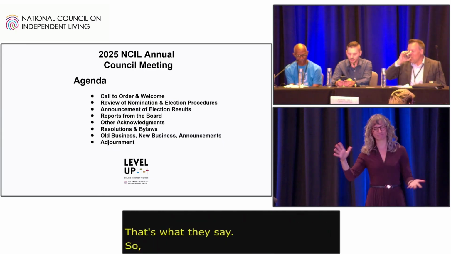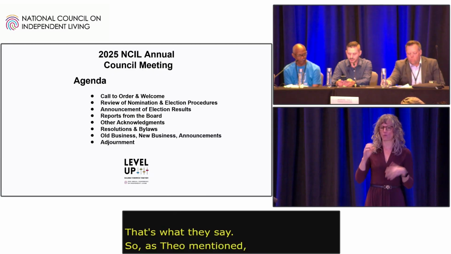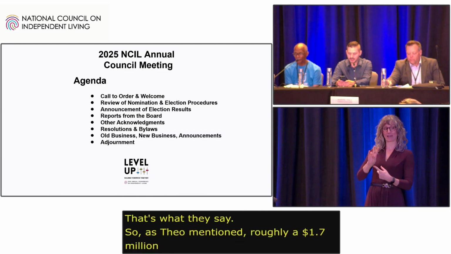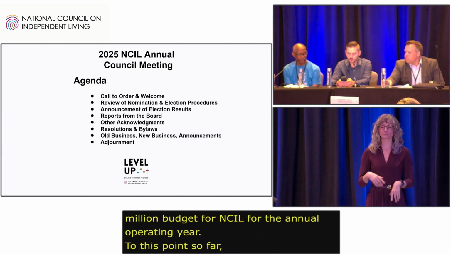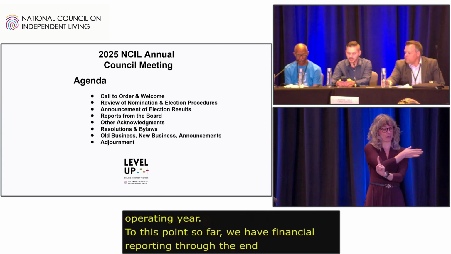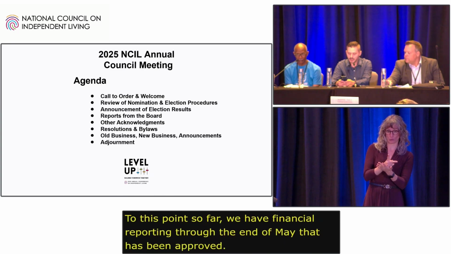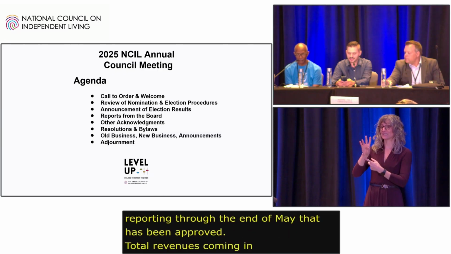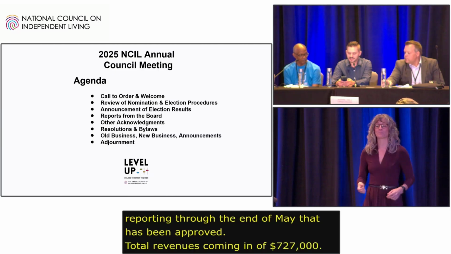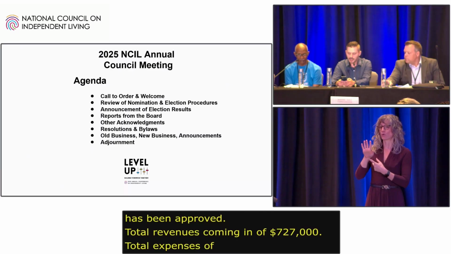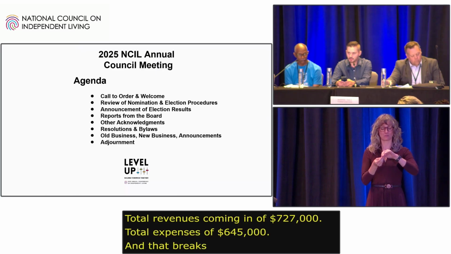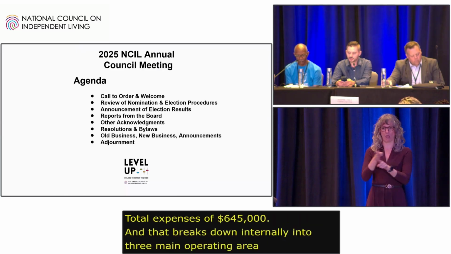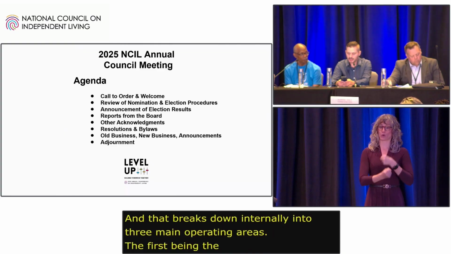As Theo mentioned, roughly a $1.7 million budget for Nickel for the annual operating year. To this point so far, we have financial reporting through the end of May that has been approved. Total revenues coming in of $727,000. Total expenses of $645,000. And that breaks down internally into three main operating areas. The first being the advocacy work. This included